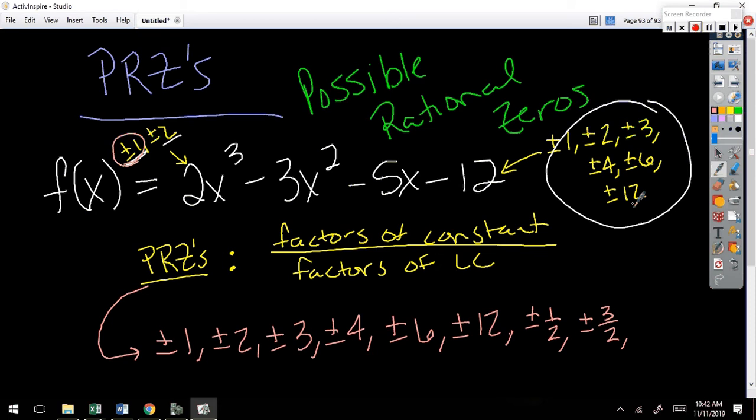Okay. All right, so the point of this is, and several of you noticed on that homework problem we were just working, that I could just start checking synthetically to see which one gave me a 0 remainder, and you're absolutely right. But this gives us a starting point. This gives us some candidates to try to see which one might work. So now we are at a guess and check kind of dilemma here. You have to include the positive and the negative? Yes.